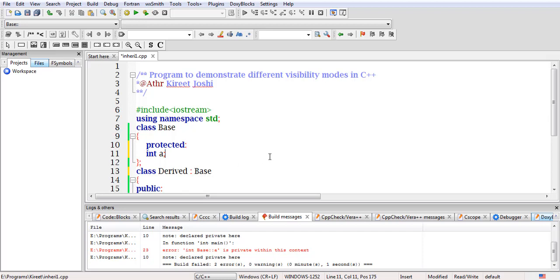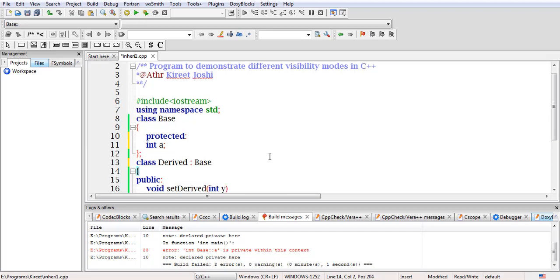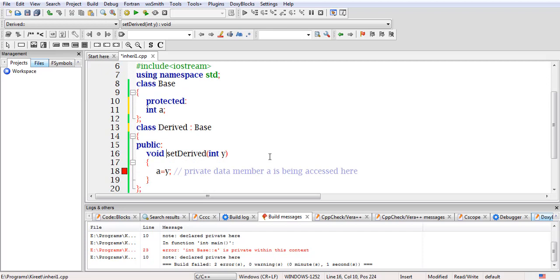Now let's see what changes there are in our program. Kindly refer again to the figure. As per the figure, if in the base class there are protected data members or protected member functions, and if the mode of inheritance is private. Here the mode of inheritance is private, because I haven't written anything, so by default it is private. You can also write private here.